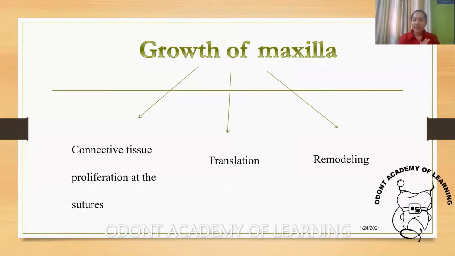With this basic understanding, we now understand the growth of the maxilla and mandible. This is not something which is very easy to understand. It is a complicated process, because it is not just the growth of the maxilla and mandible, it is the prenatal and the postnatal growth of the maxilla and mandible. What happens in intrauterine life, what is the growth occurring there, and the growth once the child is out. That is how this is prenatal and postnatal growth.